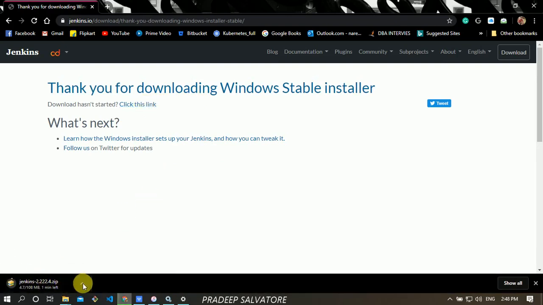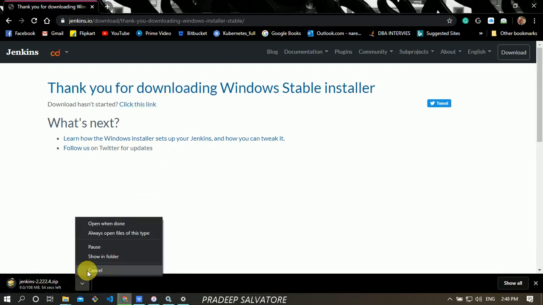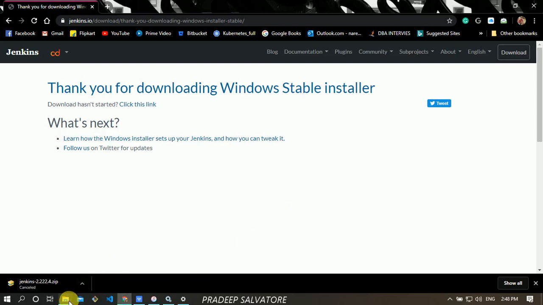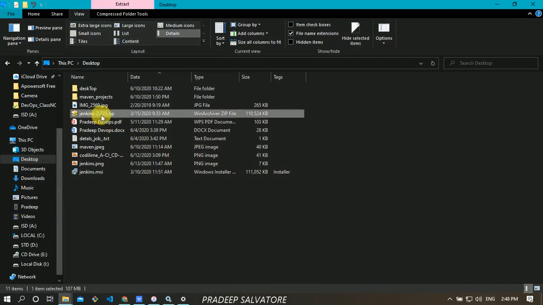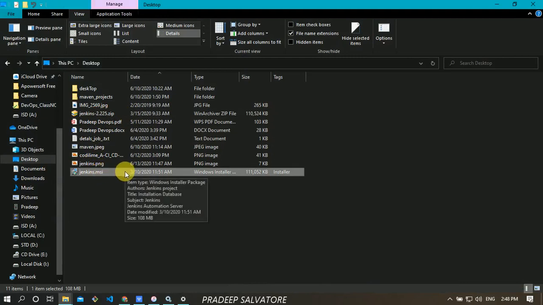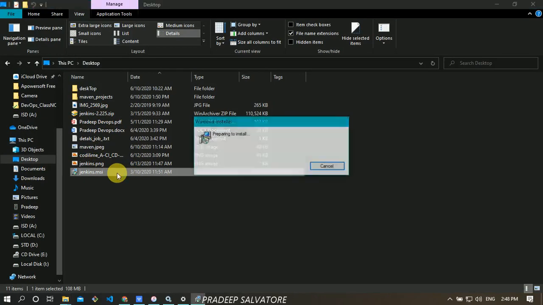It downloaded automatically. I already downloaded it, so I am just cancelling. I downloaded Jenkins to my desktop. Here it is, Jenkins. We need to extract this, and you will get the installation file. Now what we need to do is just install. Just follow the installation steps. That's it.